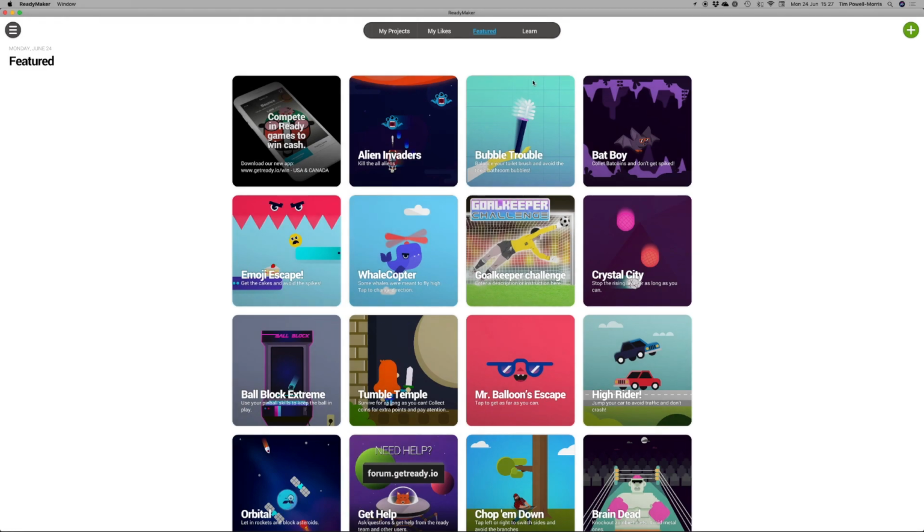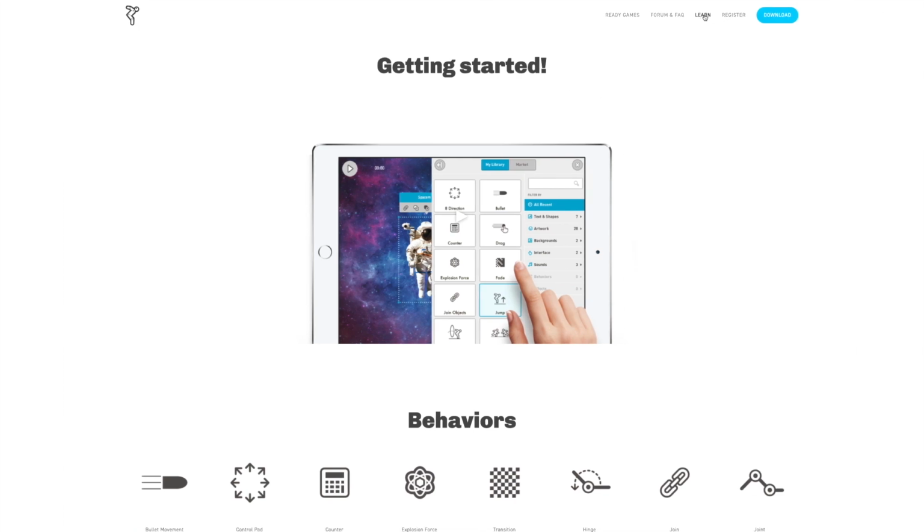Hi there and welcome to this SGM tutorial, and what we're going to do is create the basis of a game using ReadyMaker. This is already a tutorial that Ready have made, and it's called Game of Codes. If you fly over to getready.io, you will come to the Learn tab, and that should take you to the Get Started